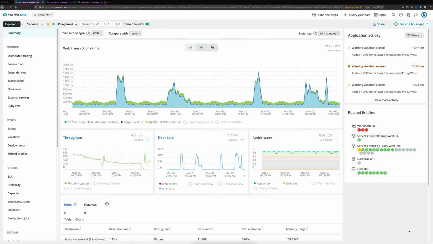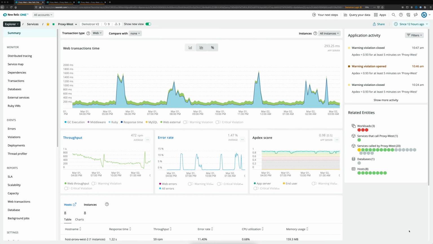Today we'll be talking about Apdex in New Relic and why it's important. We're not going to be talking about calculations for Apdex. We'll talk about that in a future episode, where we'll speak about how Apdex is calculated and how to pick the right thresholds going forward. Today we're just going to be speaking about what Apdex is and why it is important.